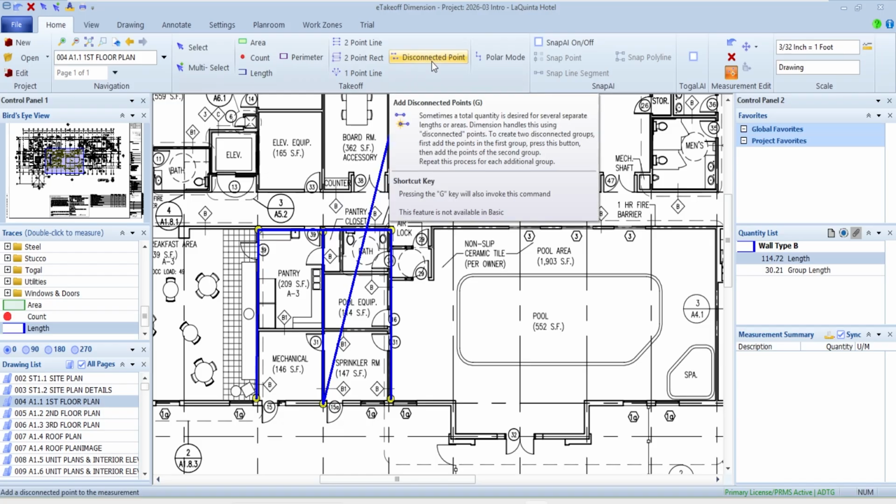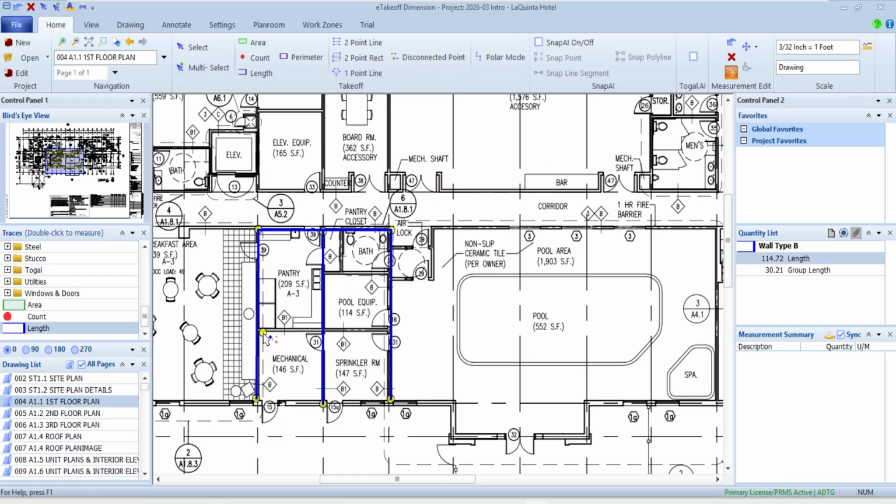Now, if I hover over that, it'll also tell me that the letter G also does the disconnect for me. So sometimes that's easier to just use. And I'm just going through and entering starting and stopping points of where these lines go. Maybe I'm hitting my control or my G there to drop off the original points, and maybe I've got some sort of measurements made there. So as I do some measurements, you'll see over here that it's going to say wall type B, almost 160 foot long, so forth at this moment.